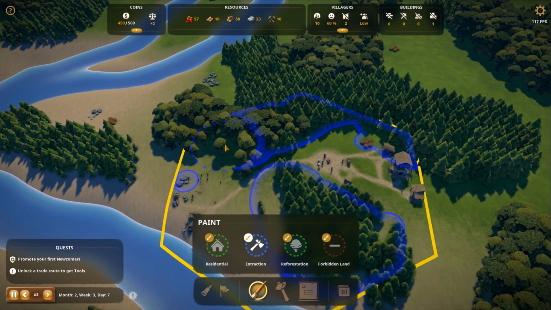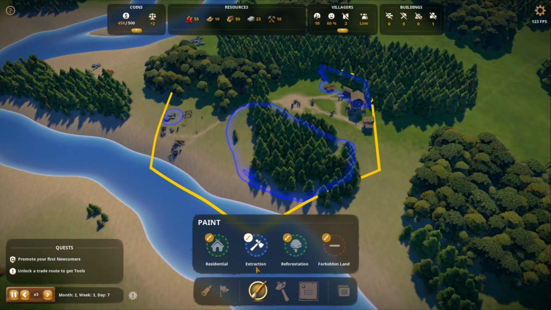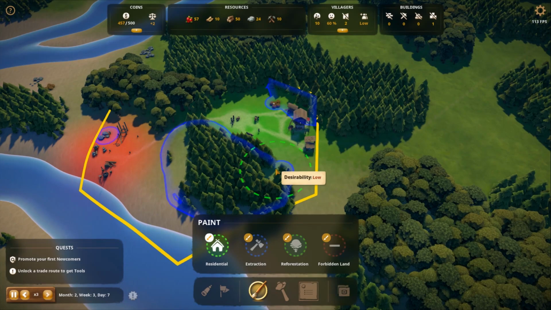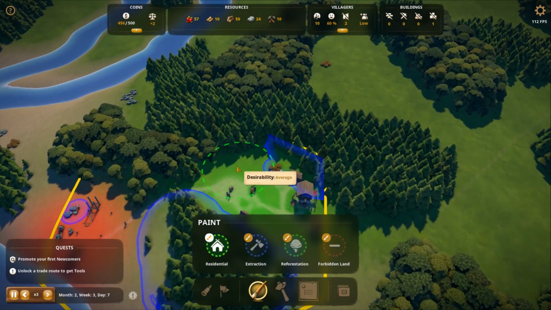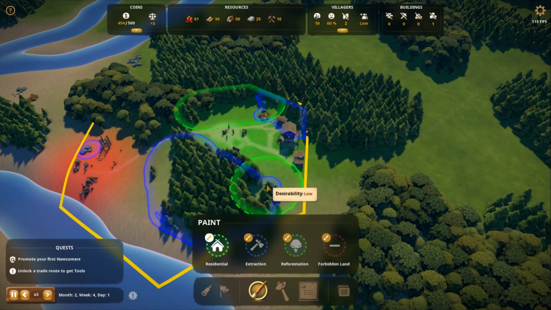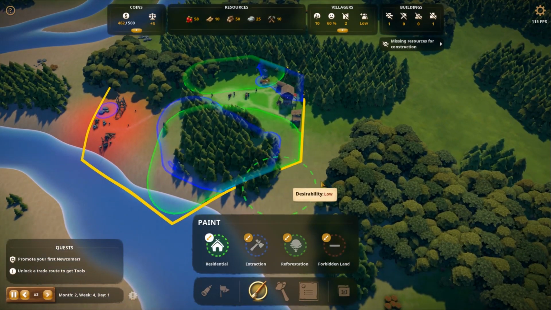So, right. I'm just going to basically delete some of the things, because this area here I want deforested first, because this is where I want the housing to go. Do you know what, the land value is quite high up there as well, so we'll put a little bit down there, pop some stuff down here,